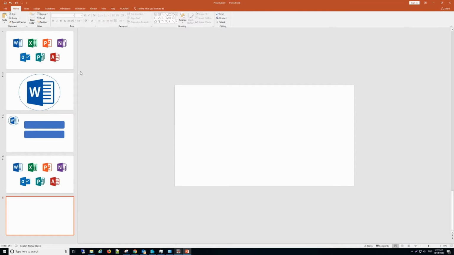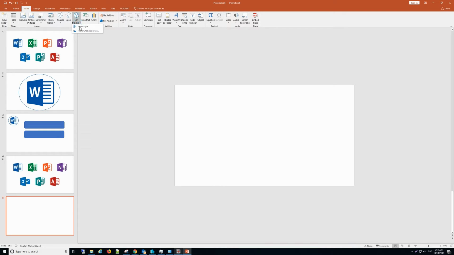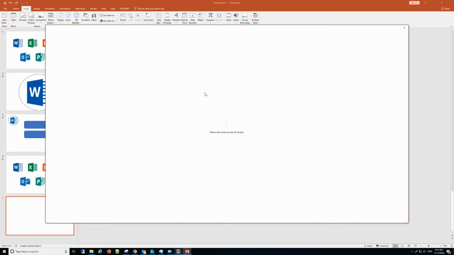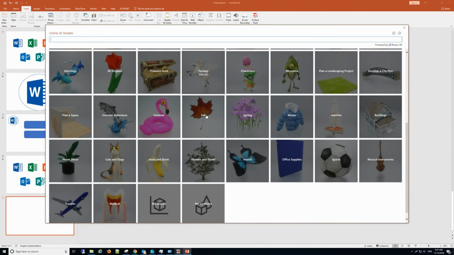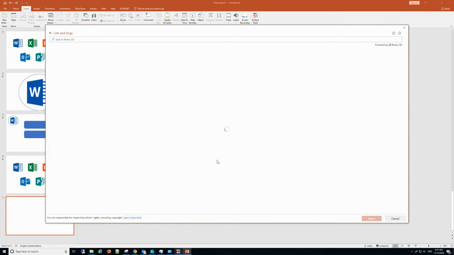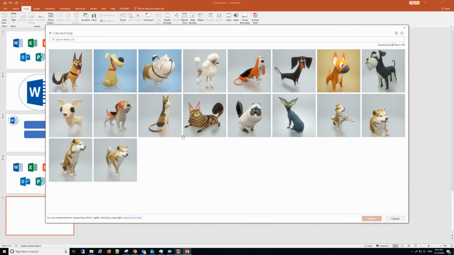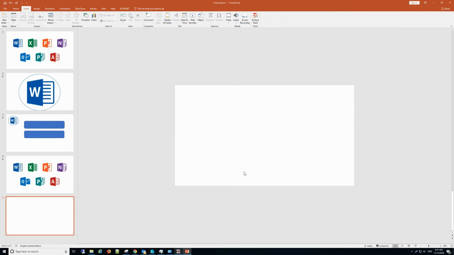make a new slice. And this time, we want to insert a 3D model for online resource. I select dog, and the pretty dog I select is this one. So you can see it is a 3D model. Okay. And after that, if